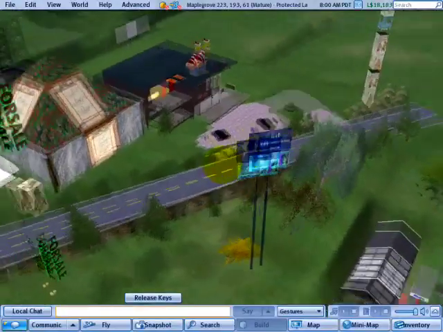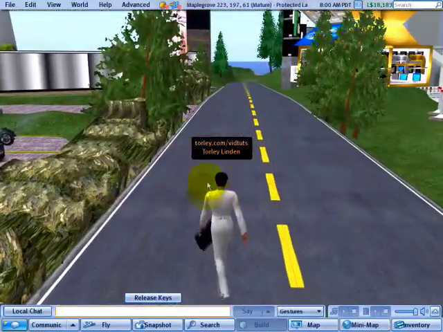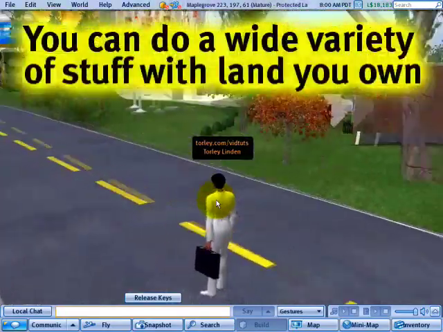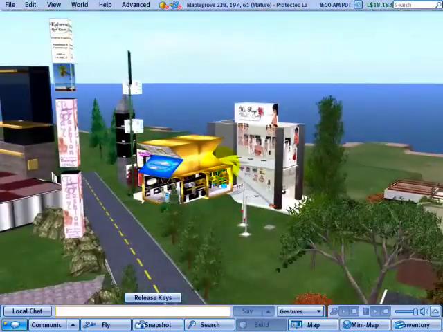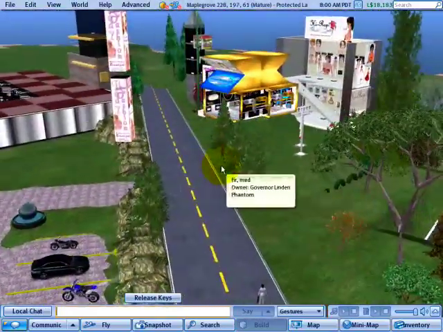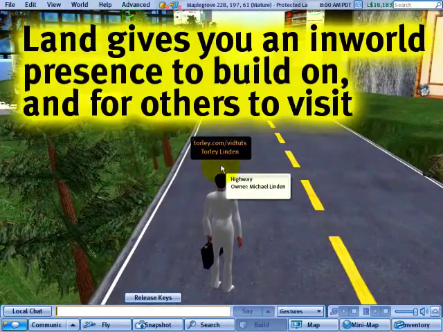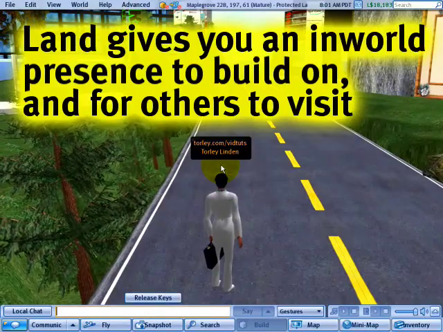It's all around us in Second Life. Land is important because wherever your avatar goes, travels, there must be land. And on land, you can do all sorts of things. You can set up a shop, like there's a store over there. You can set up a house if you want. You can build art sculptures. It's just basically a place for you in Second Life to enjoy yourself and perhaps share that experience with friends